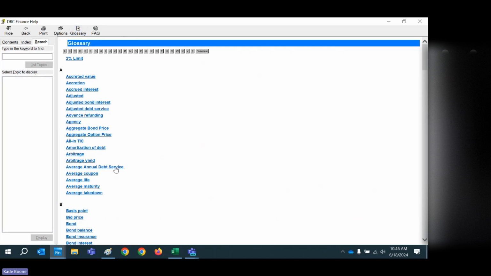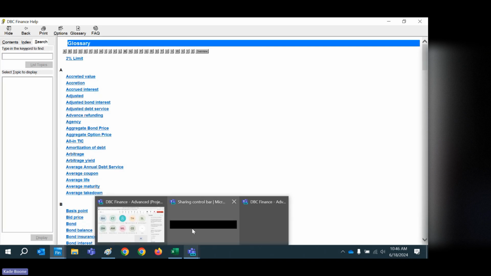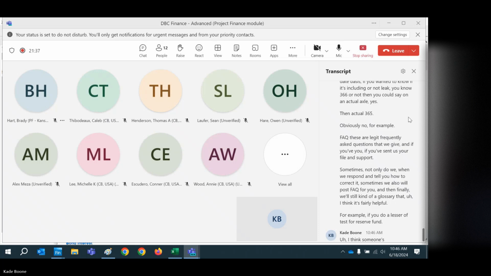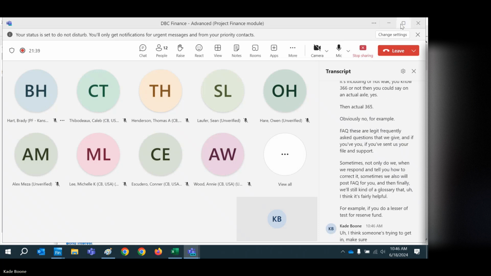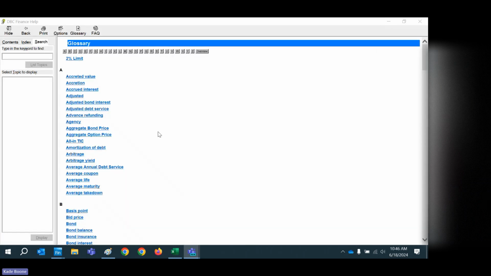For example, if you do a lesser of test for a reserve fund, I think someone's trying to get in. Make sure. Okay. So,